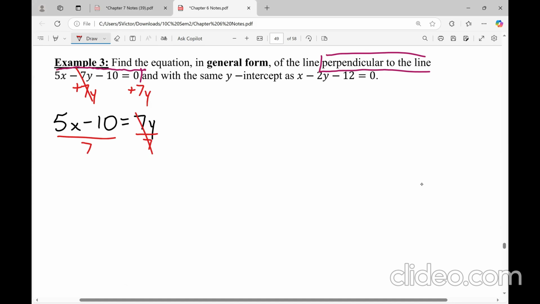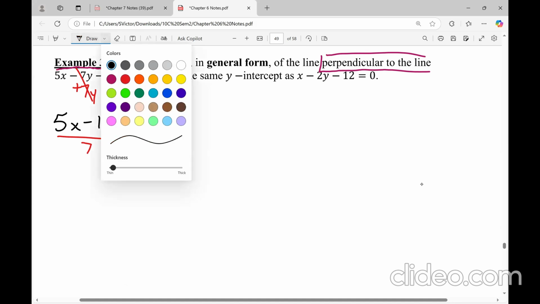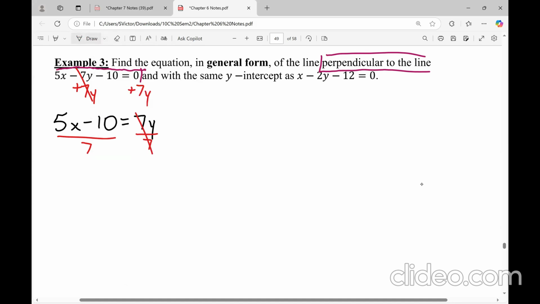Okay, if it doesn't divide into a nice integer, leave it as a fraction. So 5 divided by 7 doesn't divide, so we'll leave it as 5/7x. 10/7 doesn't divide nicely, so we'll leave it as minus 10/7. Okay, now y is by itself, and we'll take a look at our slope, because again, it's supposed to be